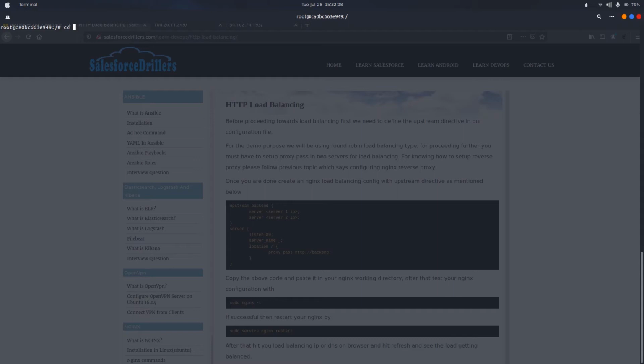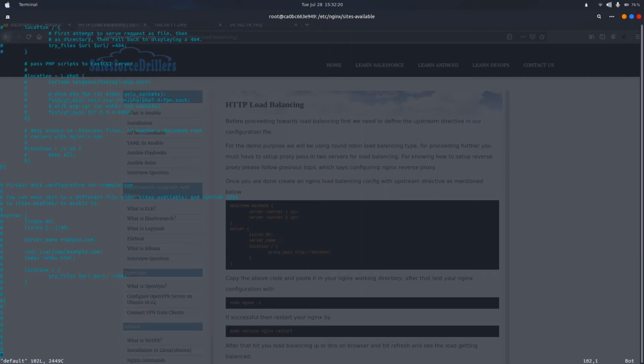Let us move to the working directory for Nginx, which is /etc/nginx/sites-available. Now here I will be doing modifications in my default configuration.